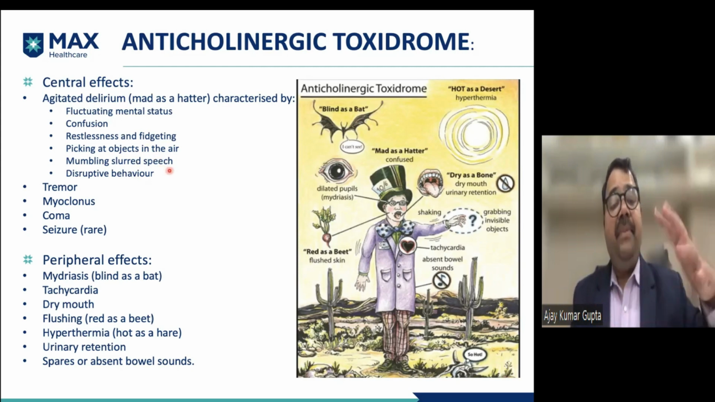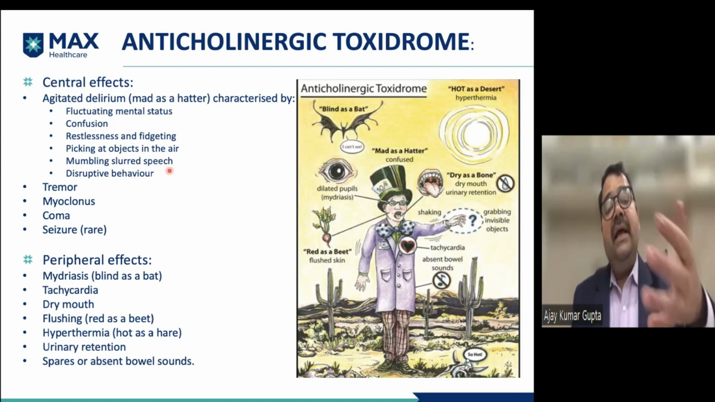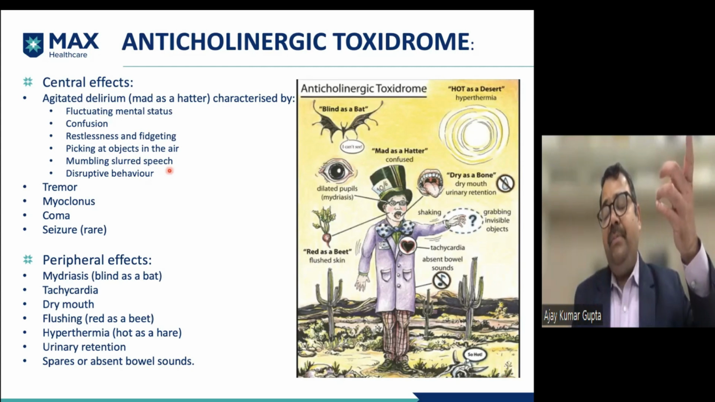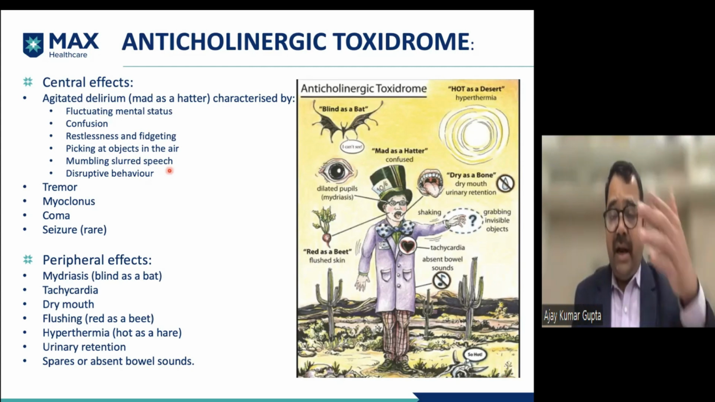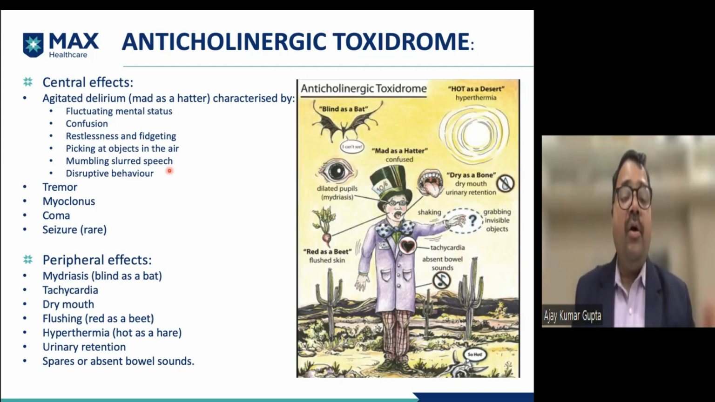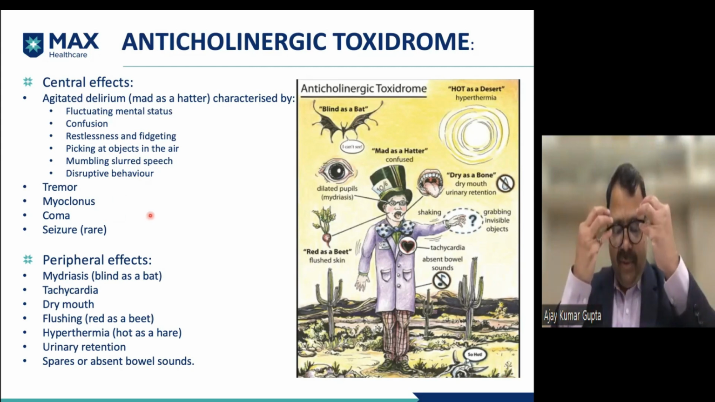Then, as I said, the patient will be shaking, he'll be having tremors, and he'll be having myoclonic jerks. So these are the myoclonus. The patient may also have a seizure, and if the patient presents late, the patient may present in coma also. Then if we talk about the peripheral effects, the patient will have mydriasis, there will be a pupillary